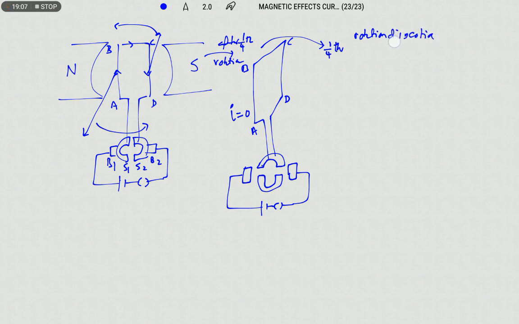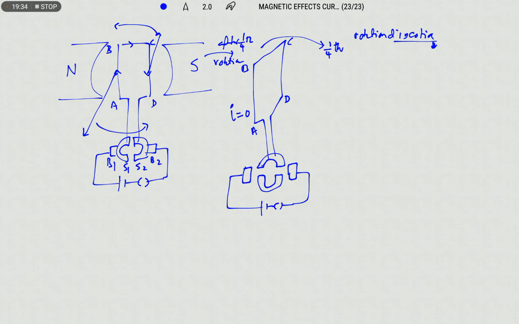Why? What is meant by inertia? Inertia is nothing but not being willing to change the state due to a sudden change. That is known to be inertia. I will give one example for this. When we switch off a fan, the fan never comes to rest immediately as soon as we switch it off. So what will happen? After some time only the fan will come to rest because of rotational inertia.